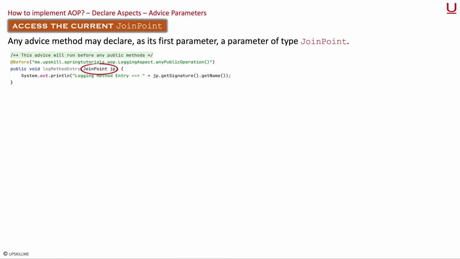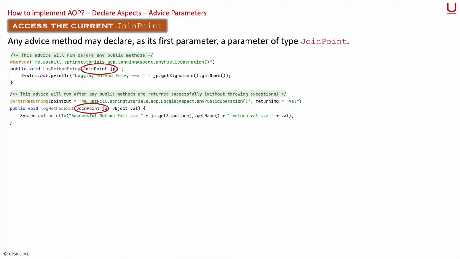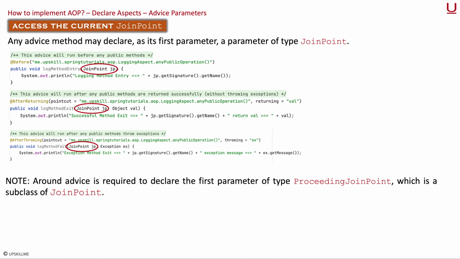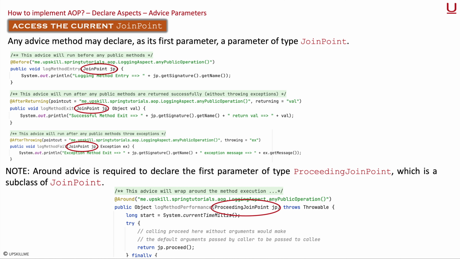Access the current join point. Any advice method may declare as its first argument a parameter of type join point. Here in this case, all the three advices have declared the first parameter as join point. Note that around advice is required to declare the first parameter of type proceeding join point, which is a subclass